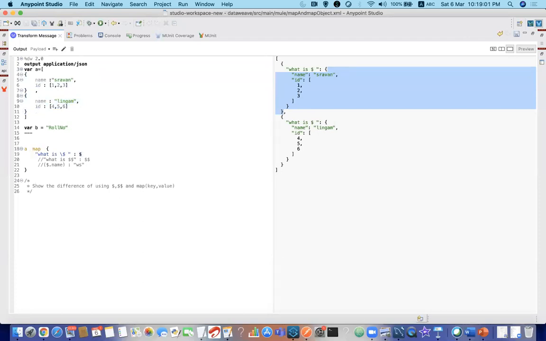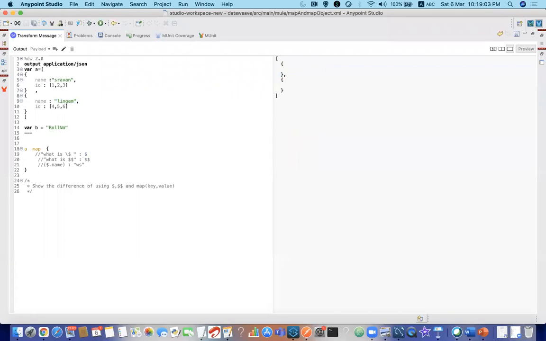Next, what is dollar dollar? You can see, right, in place of dollar dollar, it is printing zeros and ones. Dollar dollar is nothing but the index. This is the first one, this is the second one. It starts with 0, so 0 and 1. Again, you can make use of this, or you can just wrap it within small braces. Clear? This is dollar dollar.